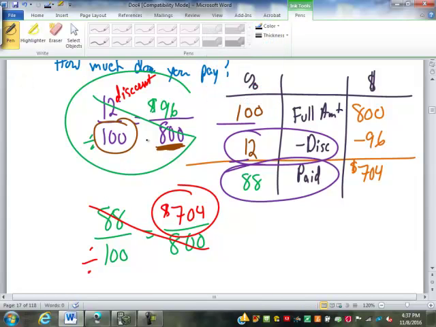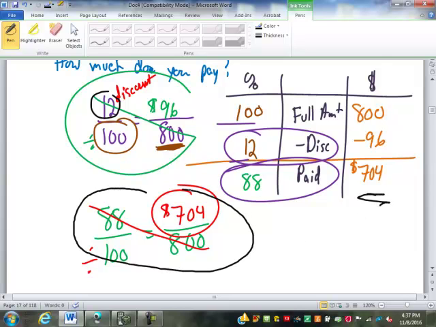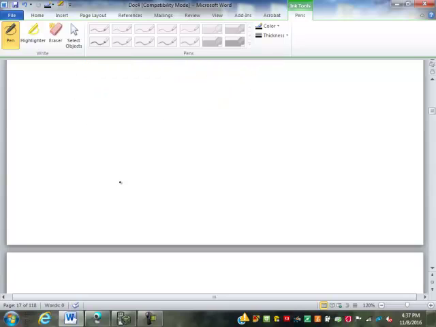Now in this case, it's probably about the same amount of effort to go either way. You could find the 12% and then subtract it out, or you could subtract from 100 to get the complement and find the complement as your percent. But there are some problems out there where you have to use the complement. For example,